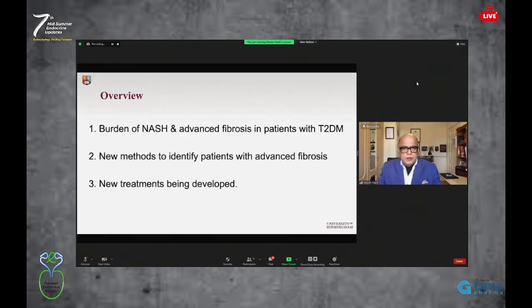So today, what I'm going to be talking about is the burden of NASH and advanced fibrosis in patients with and without type 2 diabetes, new methods to identify patients with advanced fibrosis, and some of the new treatments that are being developed, and overall give you an overview of